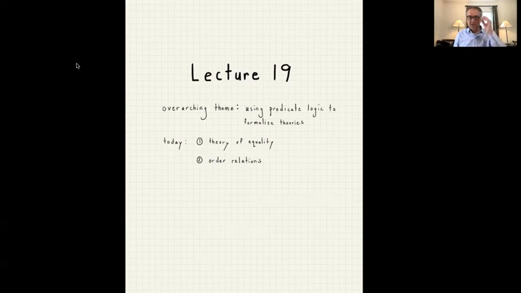So what we're going to do in this session, where the overarching theme for this session and the next will be, is how do we use predicate logic in application, in particular to formalize theories? Now in this case, I'm using the word theory very generally. A theory is anything where you have a sort of system of knowledge, in particular where you have some sort of things that are set down as axioms and you'll argue from